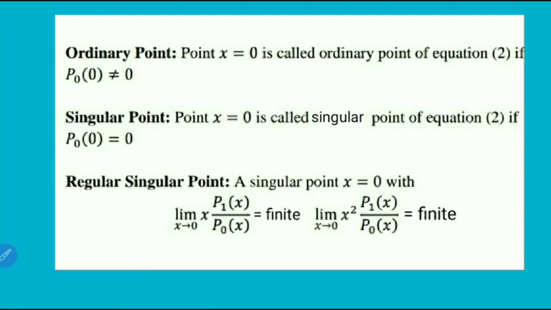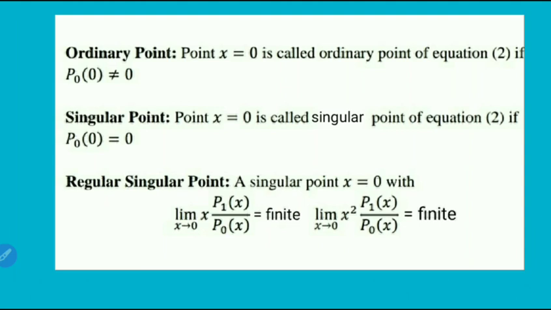The definition of ordinary point, and our content is also to find the series solution at an ordinary point. Now the point x equal to 0, we are going to take in most of the examples. The point x equal to 0 is called an ordinary point of that equation whenever p0 of 0 is not equal to 0. So in the coefficient of d2y by dx square, if you put the value of x as 0 and you get a non-zero term, then only x equal to 0 will be an ordinary point for that differential equation.